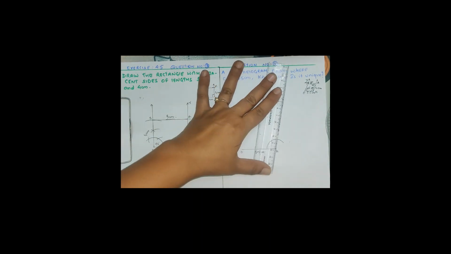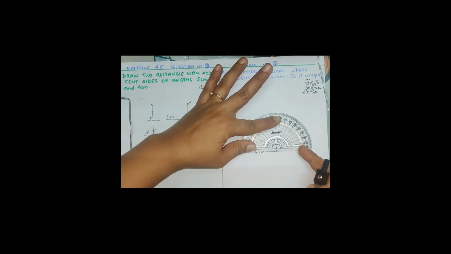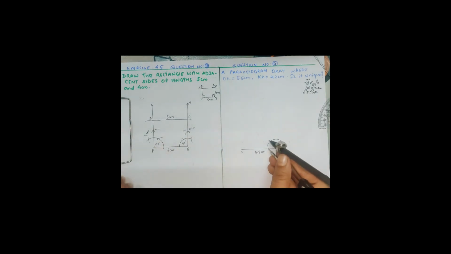At K you need to draw the ray KX. If I am knowing the property of parallelogram, the adjacent angles of a parallelogram should be equal to 180 degree. So let's take 120 here, or I will take any of the ray. Here I was constructing 120 but now I will not. Let me construct, it will be easy for you.